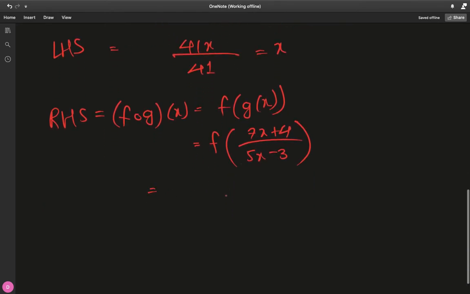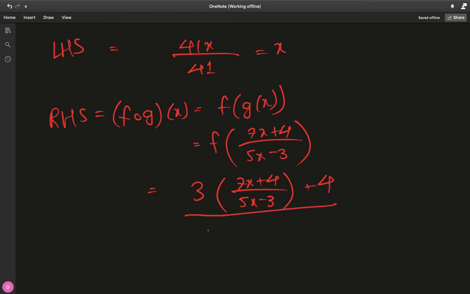And now use the definition of f. So if 3 times, in place of x, we plug in this rational stuff, (7x + 4)/(5x - 3), plus 4 divided by 5 times (7x + 4)/(5x - 3)